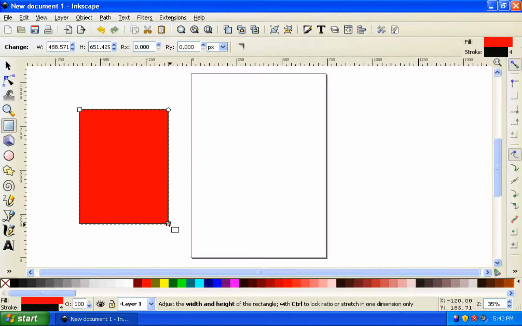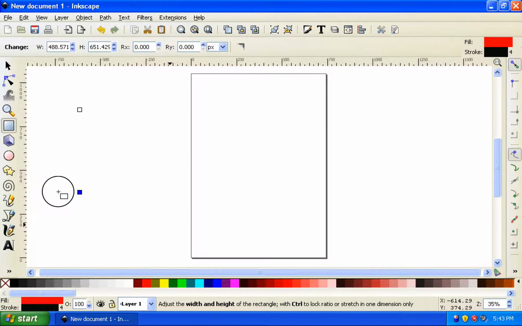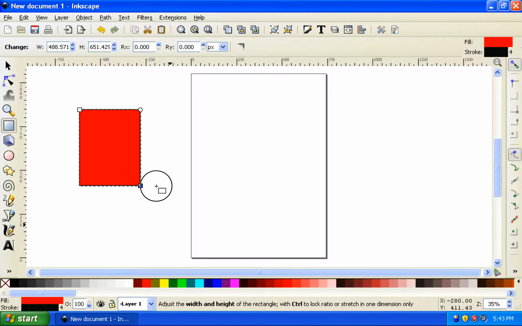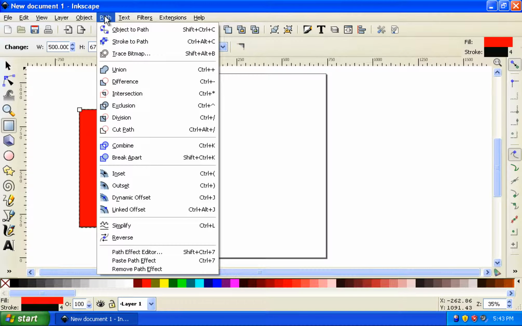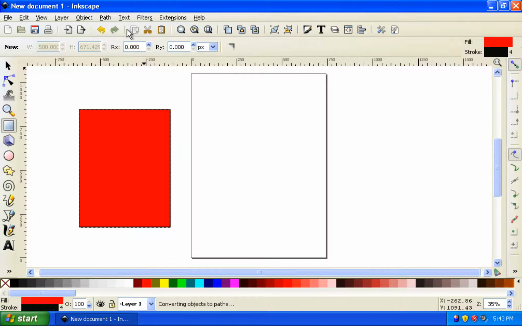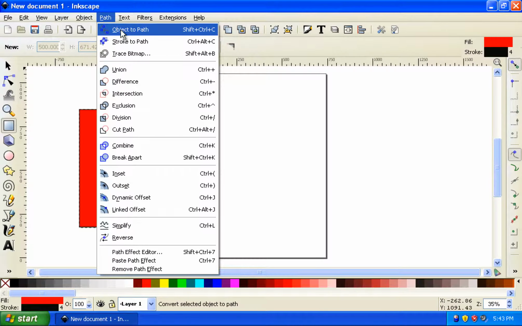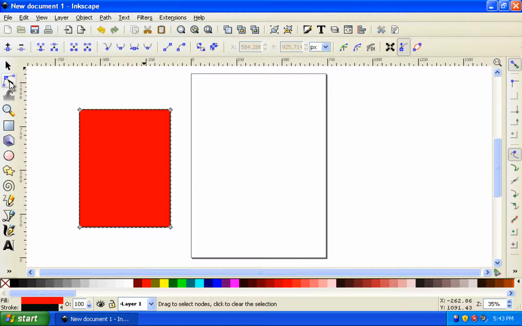these corners and I could click and drag it and it would change the shape to whatever shape that I want, but it's still a rectangle. If I wanted to change the sides a little bit so that it wasn't just four straight sides, I could go to Path and change the rectangle to a path that's more editable. So I could click on Object to Path, and then if I use the Node tool, just like we did